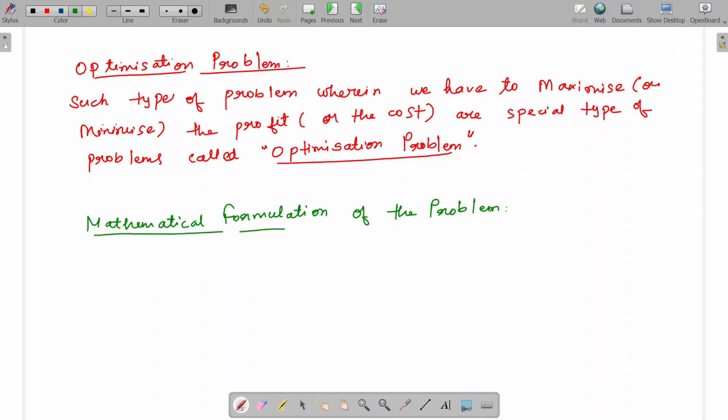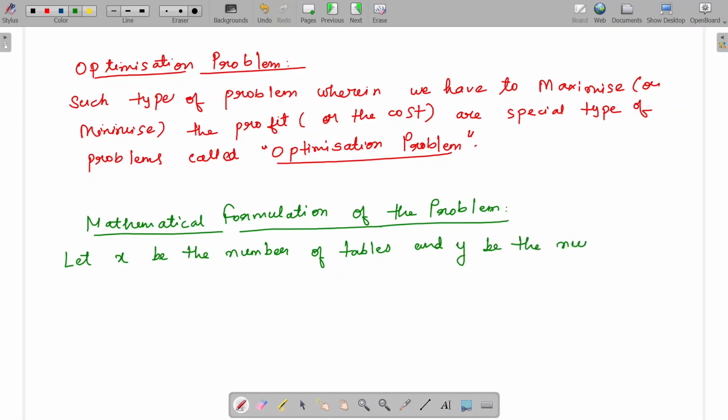Okay, so let x be the number of tables and y be the number of chairs that the furniture dealer buys. Okay,